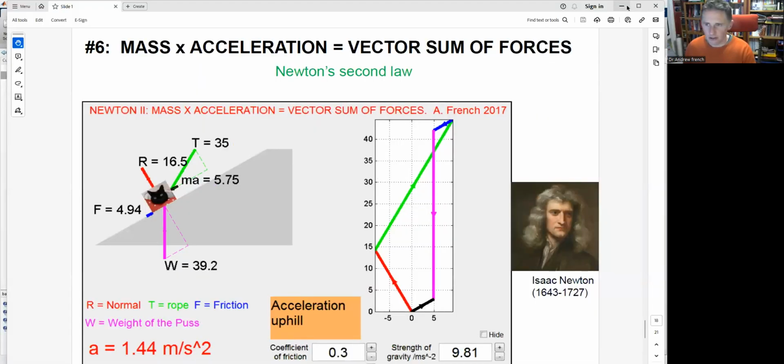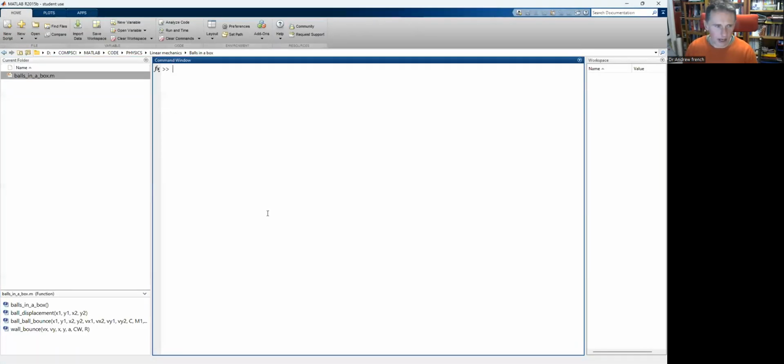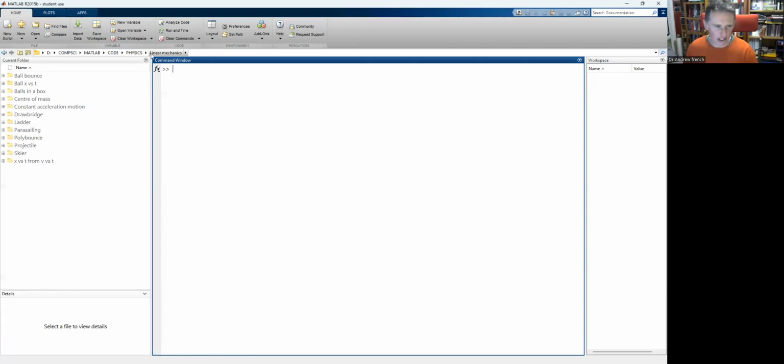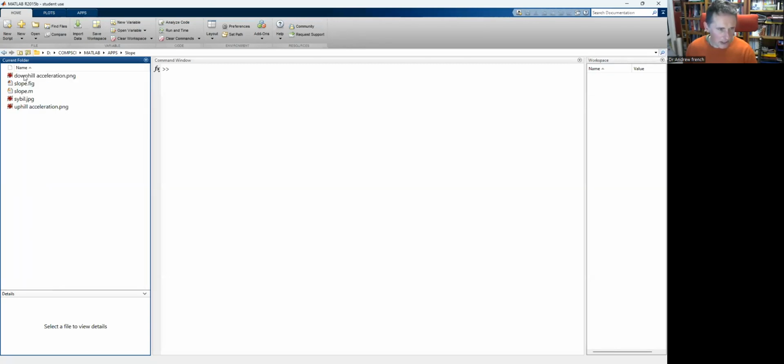You can download all of these if you have MATLAB, but there are lots of programs where you can create your own applications, but perhaps this isn't the first thing you'd want to do. It's perhaps something for when you're a bit more experienced with computer programming. I've got loads of little apps here. Slope is the one we're looking at. So if I run Slope,